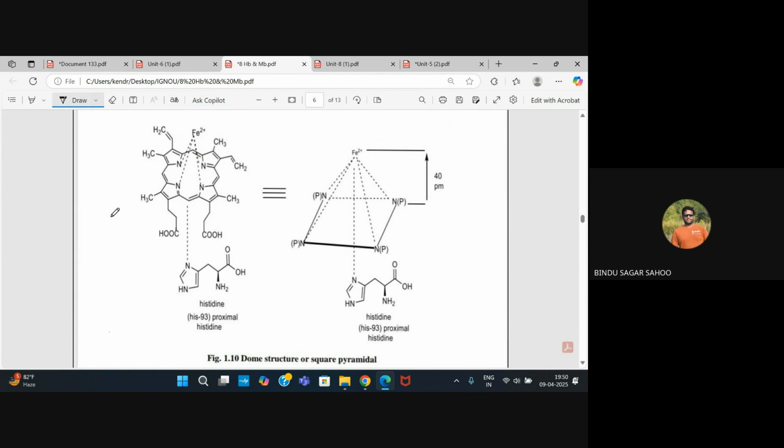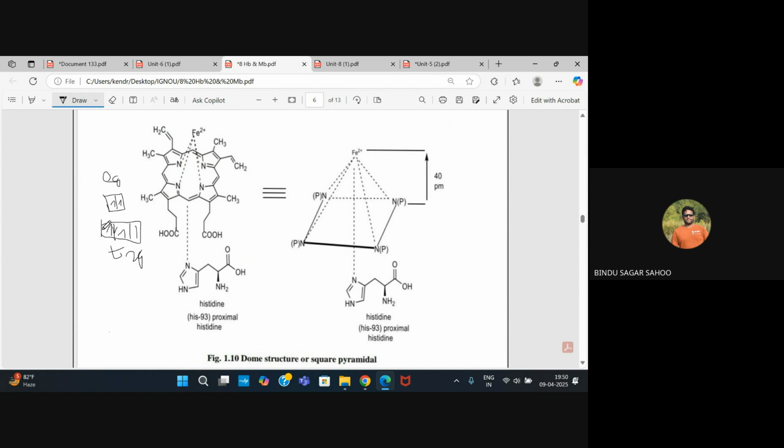T2g, this is the T2g orbital, and this is the eg orbital. Whose energy is more? The eg orbital's energy is more. So when I say Fe2+, that means it is a high spin condition. Fe2+ high spin, d4, d5, and again